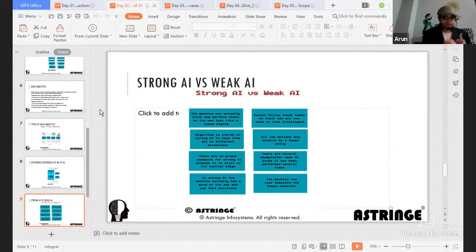From the past data, there's something called reinforcement learning, which is not a strong AI per se, but it somewhere lies in between a strong AI and weak AI. What it does is that it gets the past data and tries to do predictions, and based on the feedback which you give to it, if the predicted output is right, and you say to the system that it was right, then it learns from the past.